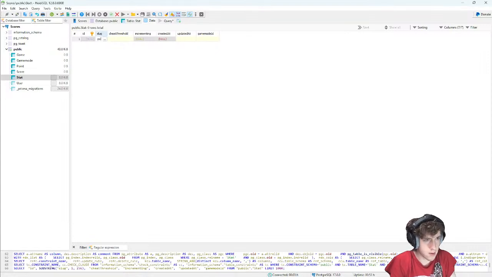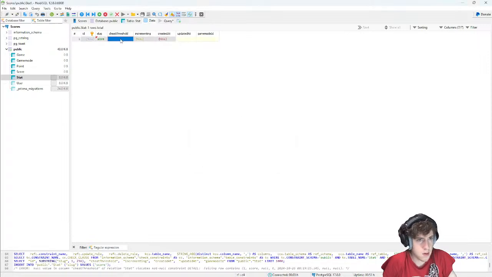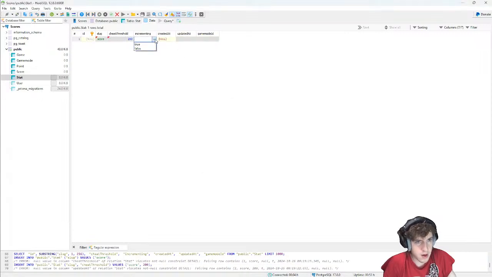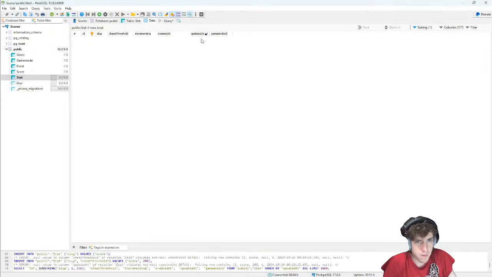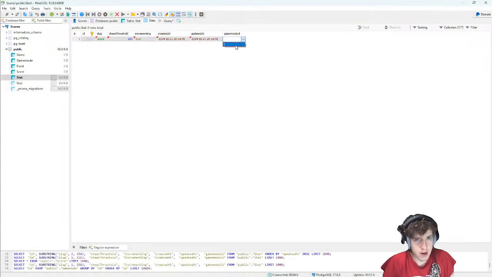I guess points. I guess I'll just do score. Cheat threshold will be 200. Incrementing will be true. Oh, did I just not insert it? Okay, slug score. Cheat threshold 200. Incrementing true. Game mode ID is 1.